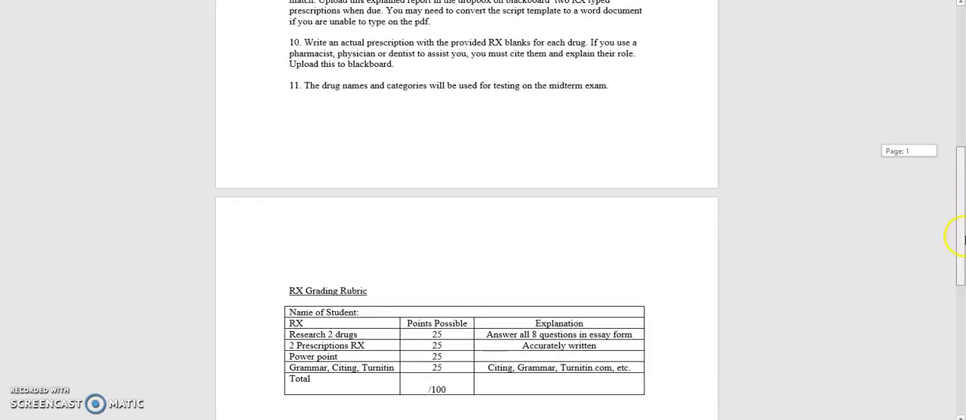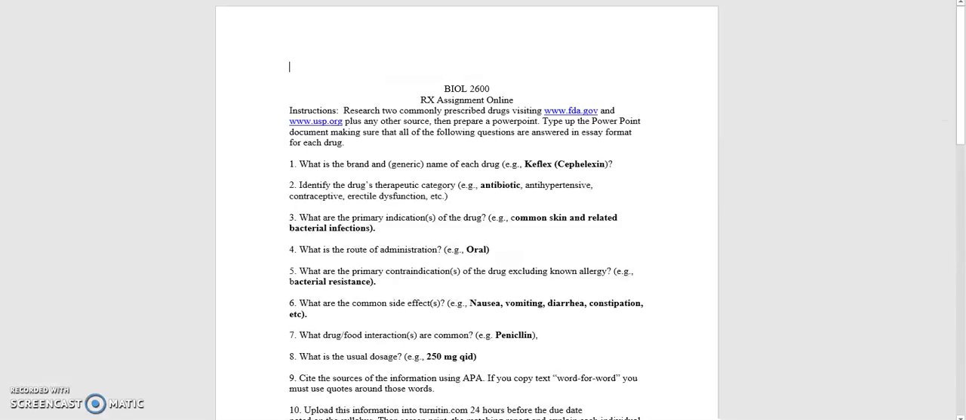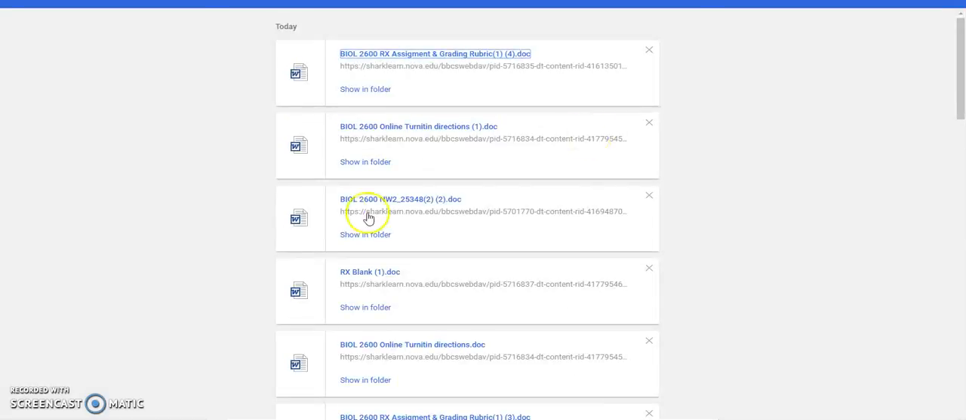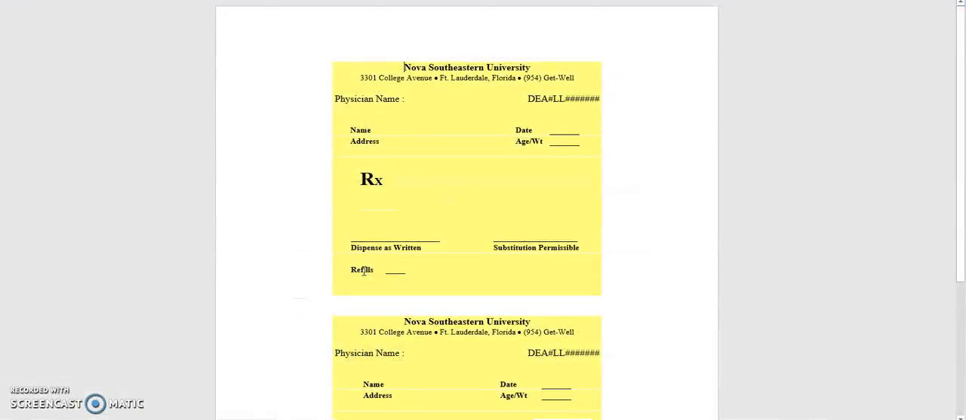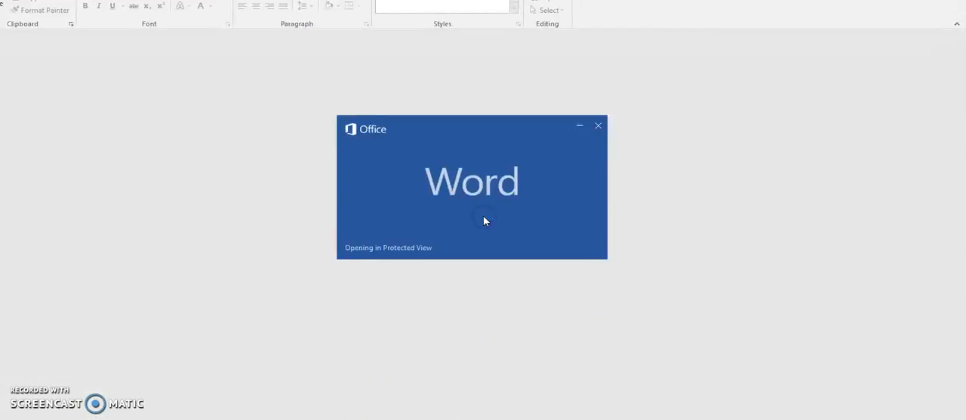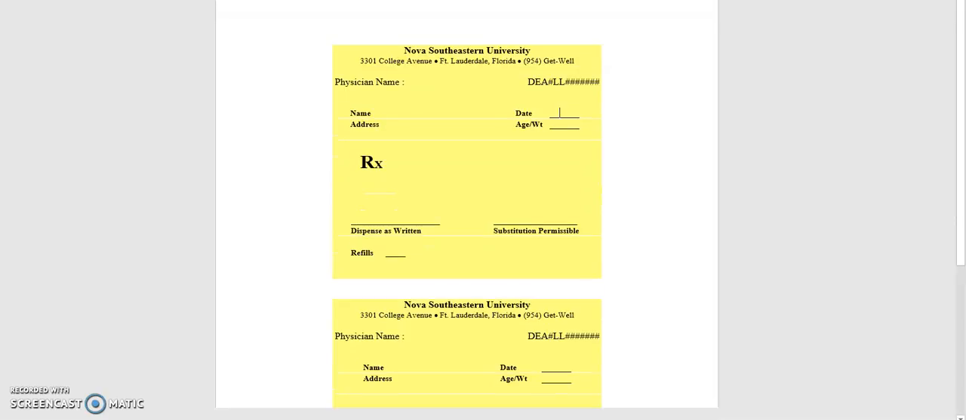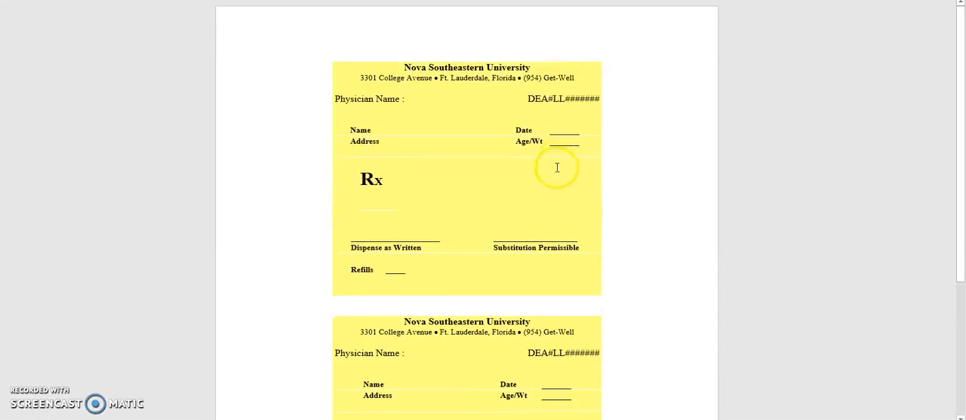You're also going to write an actual prescription. So when you write the actual prescription, you're going to use the RX blank, which you'll also see in course content. Okay, so you click on course content, RX blank, and it's going to show this prescription. Now, depending on the version of Word that you have, you may or may not be able to type into the document. You should be able to. If you cannot,